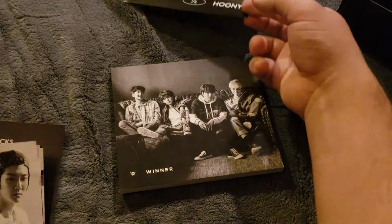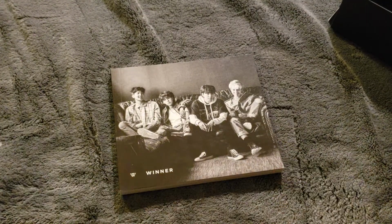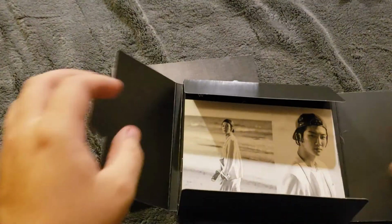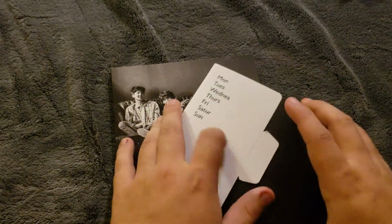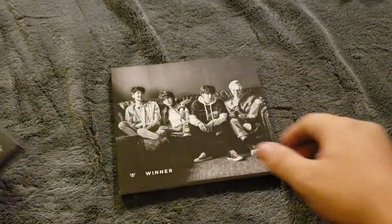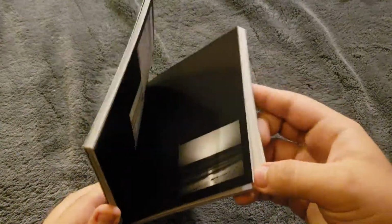A lot of theories behind the packaging is that, well, in cable packaging, you need a certain amount of pages for the lyrics and whatnot, making the photo book really small. But as you can see, you are getting a bang for your buck, because this photo book is really thick. But I think majority,